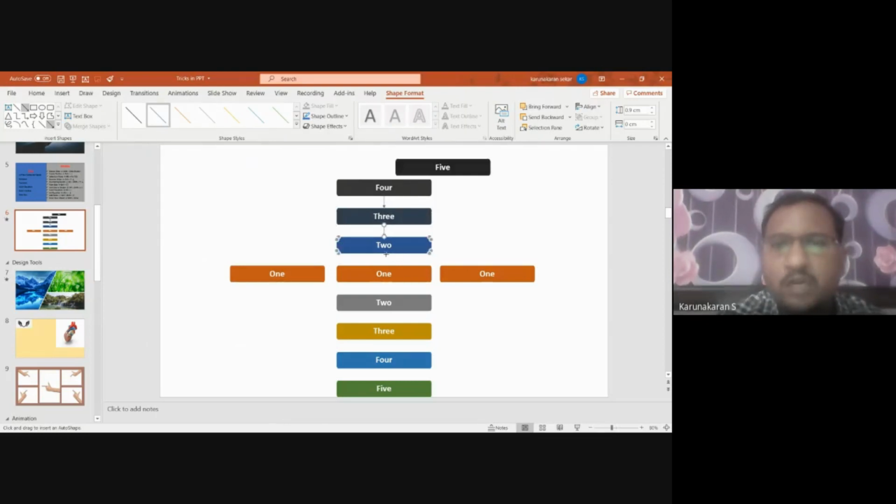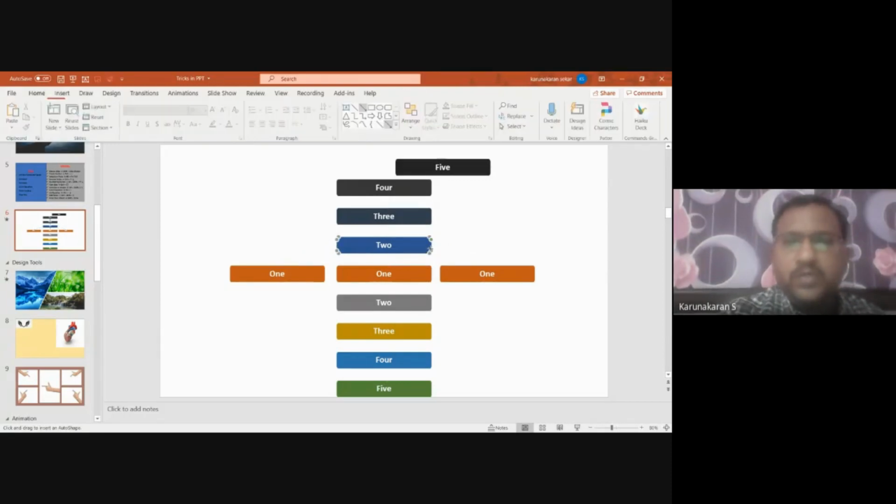Okay, select the third one and place it here. You can click from here and mark it here. Okay, so this locks the other block where you are taking your picture. Okay, if you want to move also, you can move this. Okay, so this is the use of this lock drawing mode.